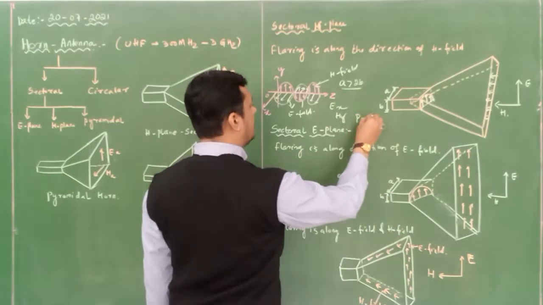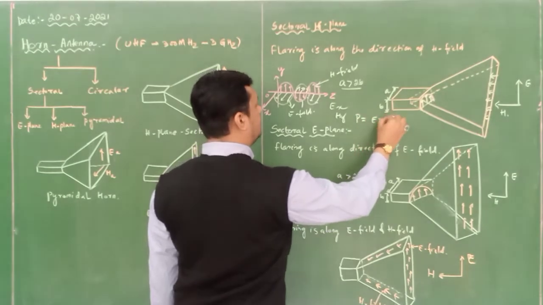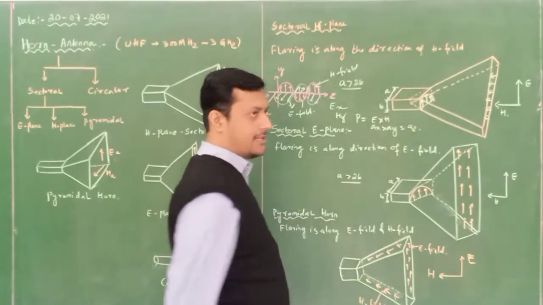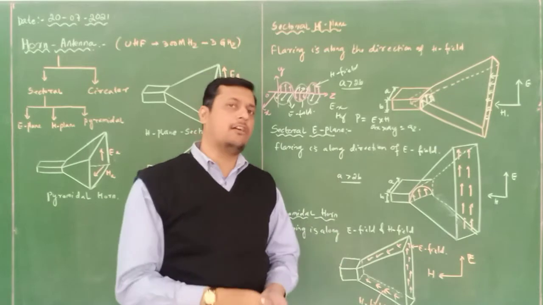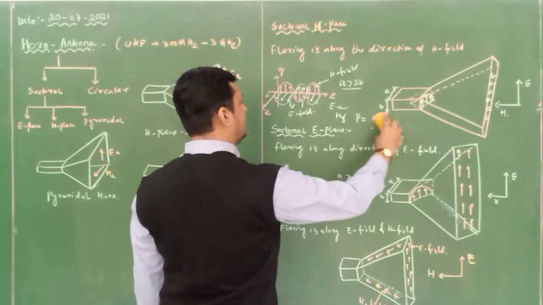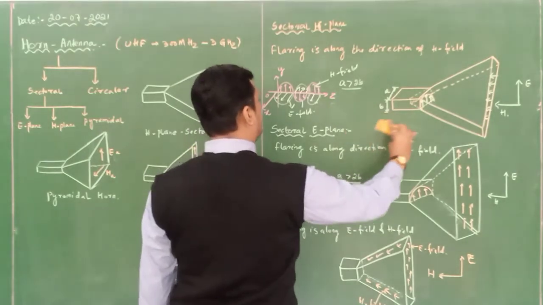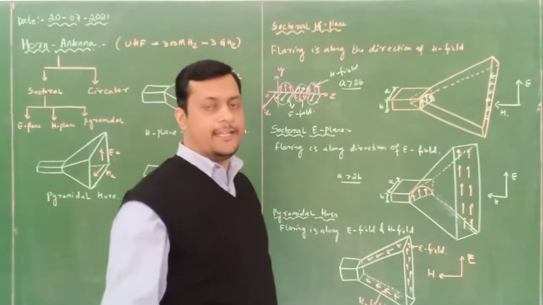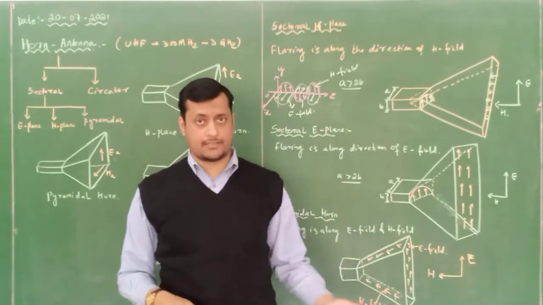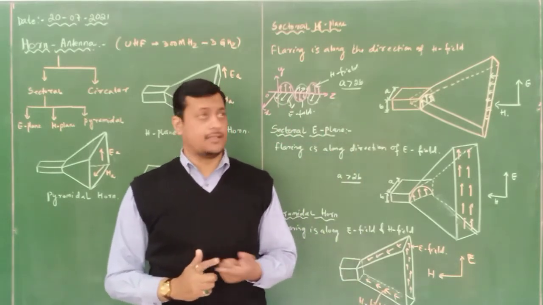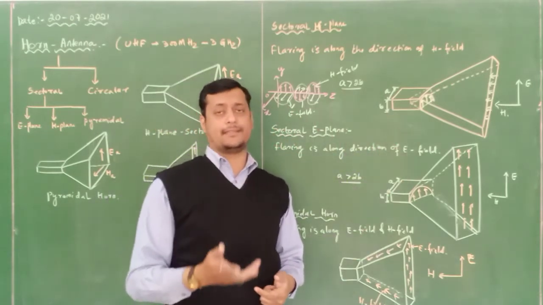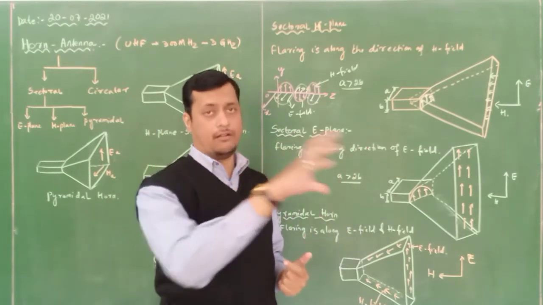along z axis. How? Because P is equal to E cross H. So it is AX cross AY is equal to AZ. So that means my total power is propagating along z axis. So that means when I am identifying the total wave is propagating along z axis, which indirectly indicates that either of the electric field or magnetic field propagate in the other transverse section, either y-axis or x-axis. Now here I have considered that electric field is moving along x-axis and magnetic field is moving along y-axis. That means total wave is propagating along z-axis.